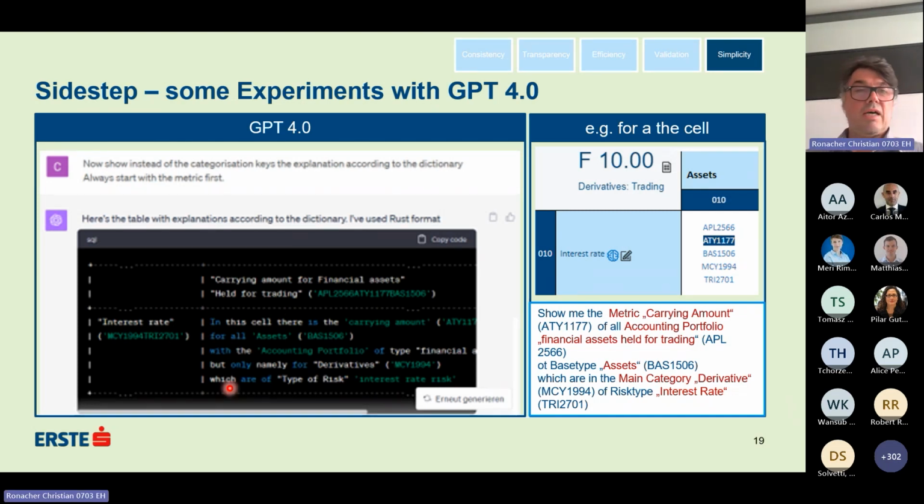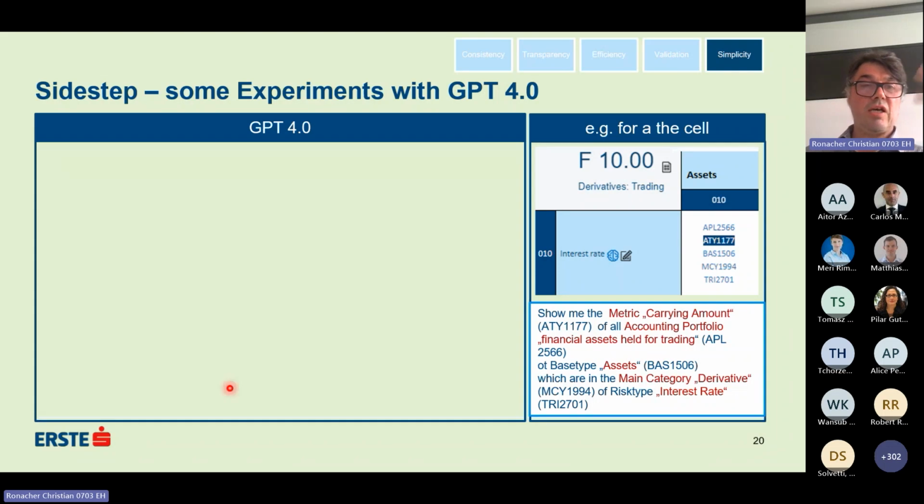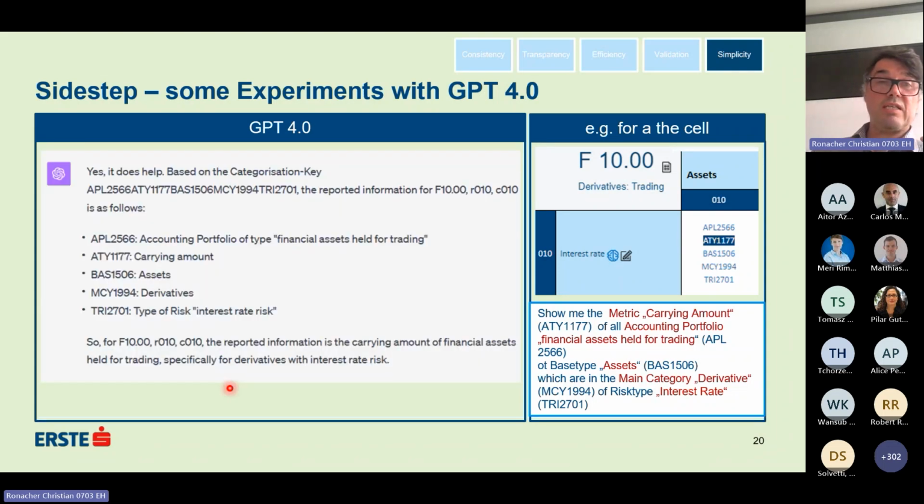And still, this is just a presentation of how you want to have it presented. We asked, can you find a commonality between these categorization keys? We gave it to GPT-4, and it came up with this description, which is very, very true and valid.